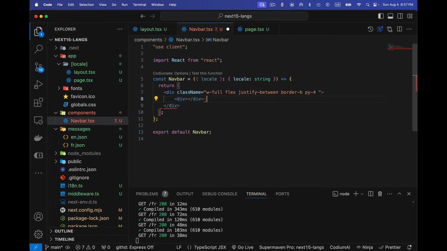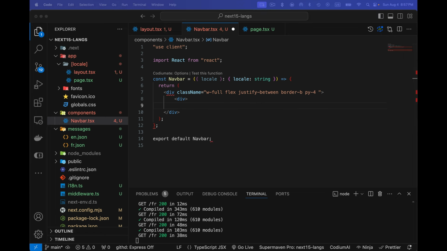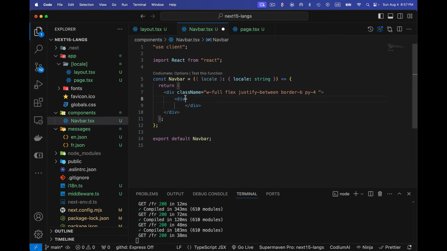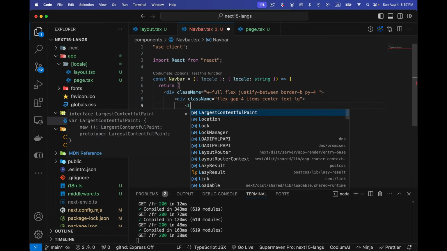Okay, so inside this div I need to create multiple links. Okay, so before that let's create flex gap 4 items center and text large,